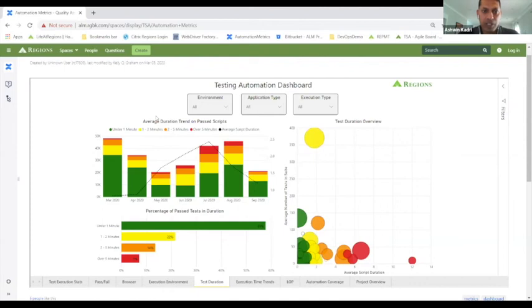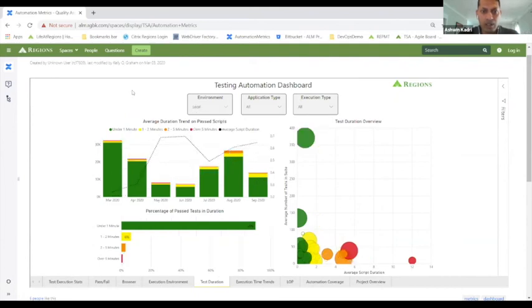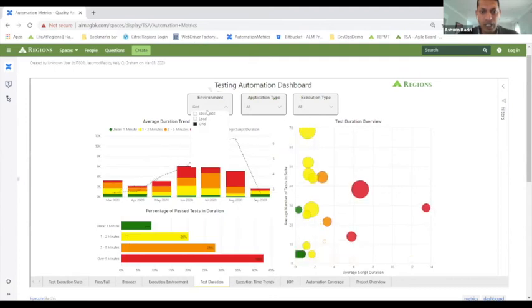So from the information that we are gathering, we are able to understand the average test duration for each test case, and then get these metrics. And again here, I can see running locally, what does the trend look like? Local tests run much faster. That's what we found. On the grid, the trend is completely opposite.